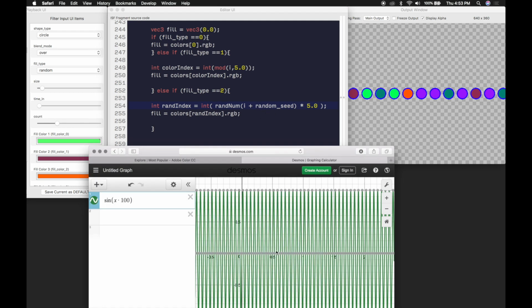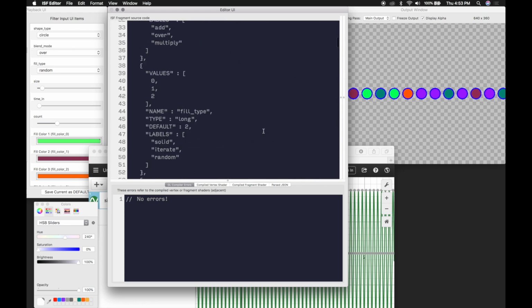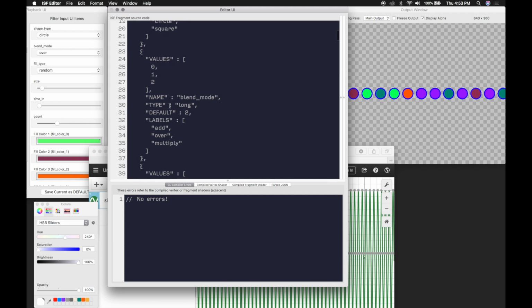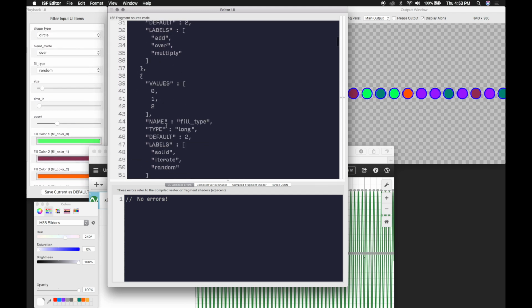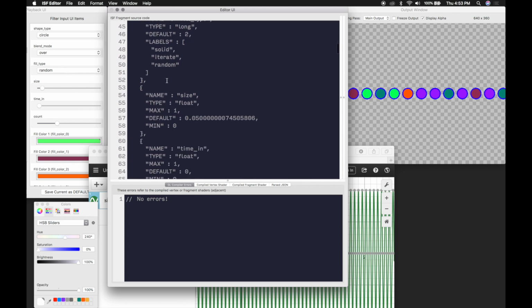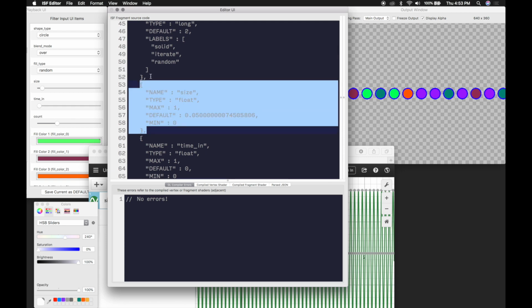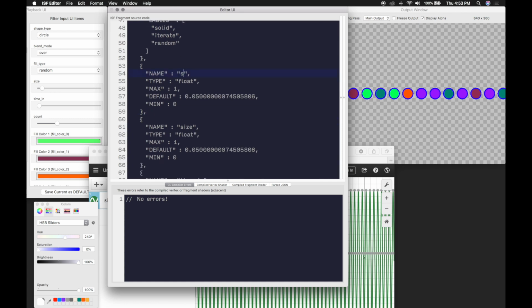And that's going to march along the sine wave and return different results as it moves through that sine wave. So that's just going to be a simple slider. Let's go ahead and put that right in here. Boy, it's getting crowded in here, isn't it? Let's put it above count, I guess. Or let's put it under fill type since it's a property of random. So underneath fill type, I've got size, and I'm just going to copy it. And above size, I'm going to paste and seed